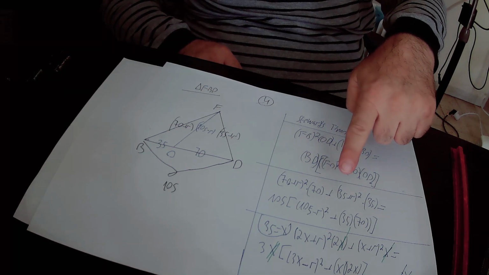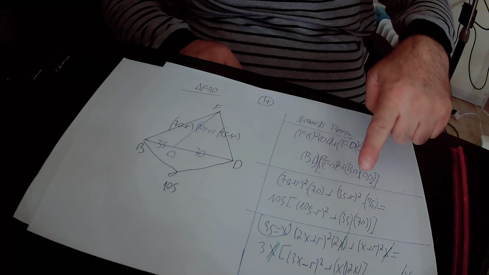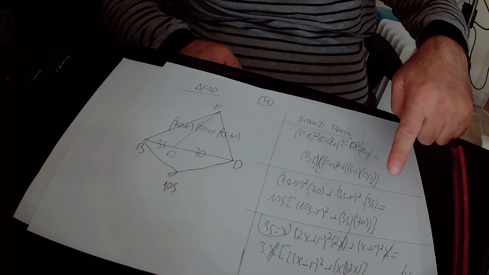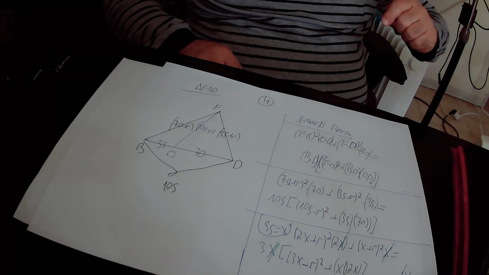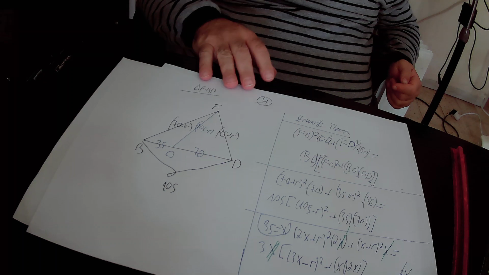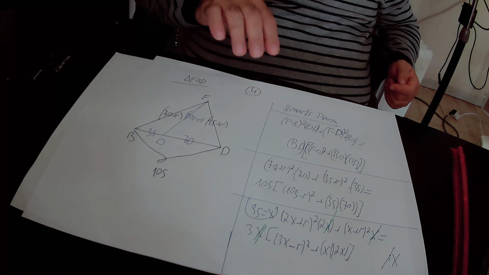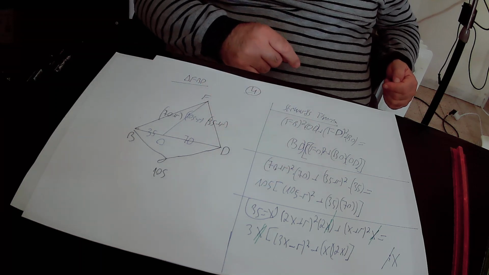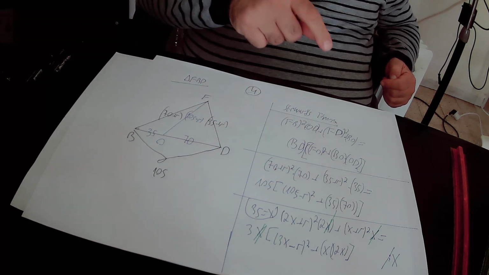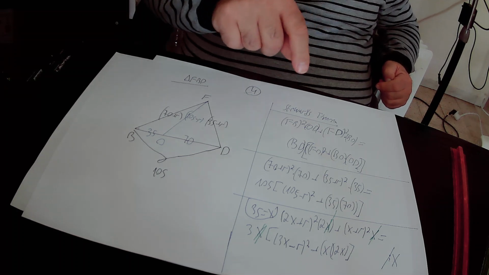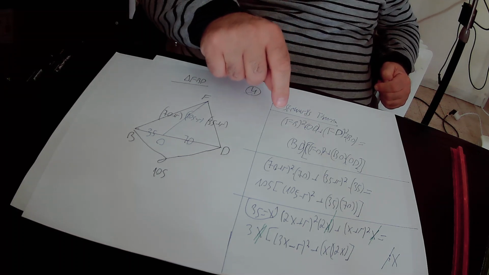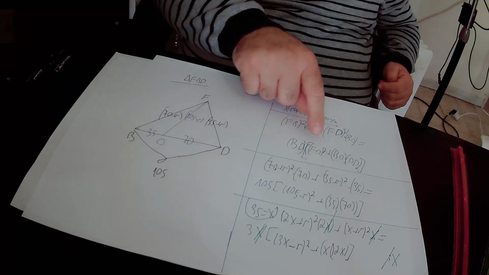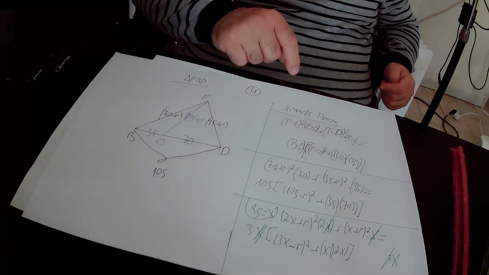FO is 105 minus R, therefore FO square is (105 minus R) square, plus BO times OD. BO is 35 and OD is 70. Then we defined 35 equals x according to our definition, and we substituted 35 for any multiplication of 35 by a natural number. We substitute it by x in this equation, and we got that